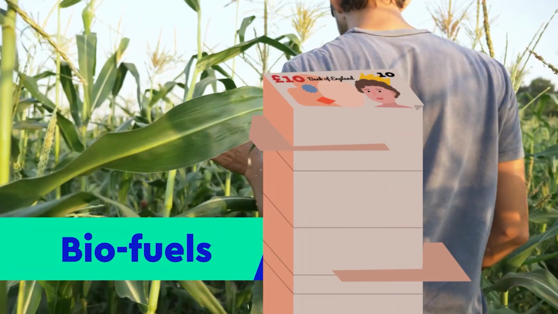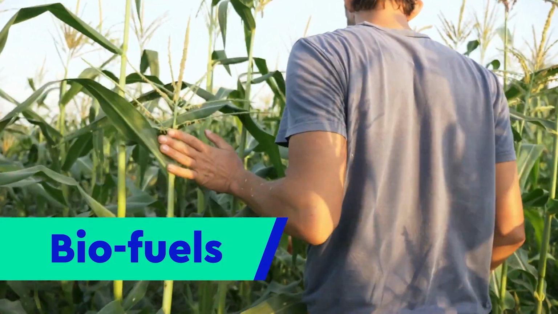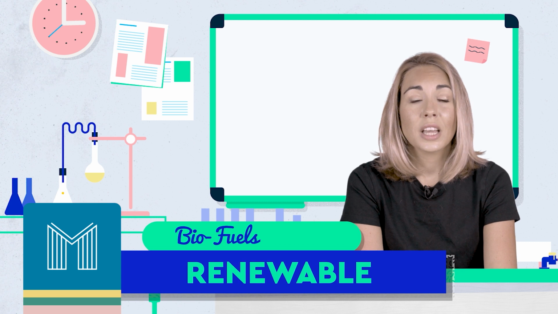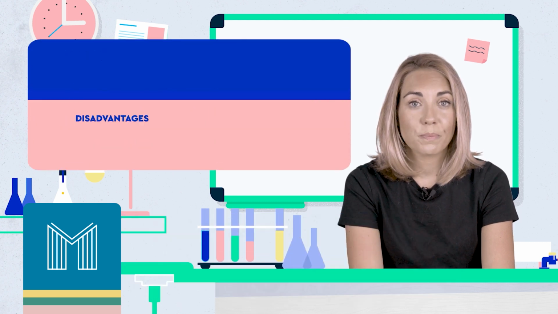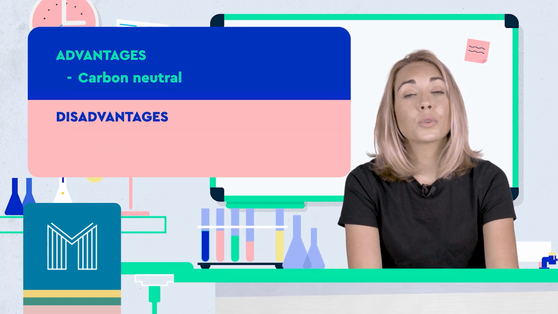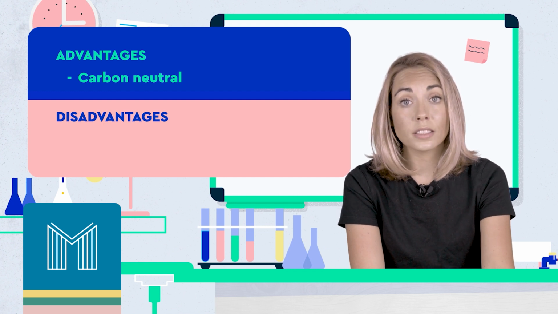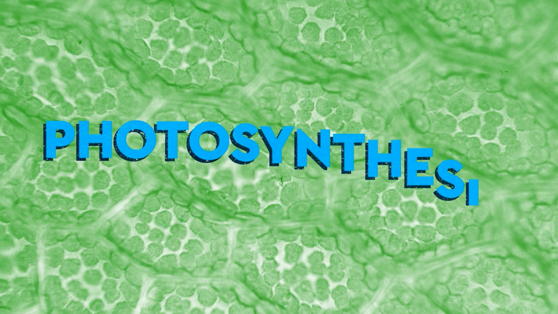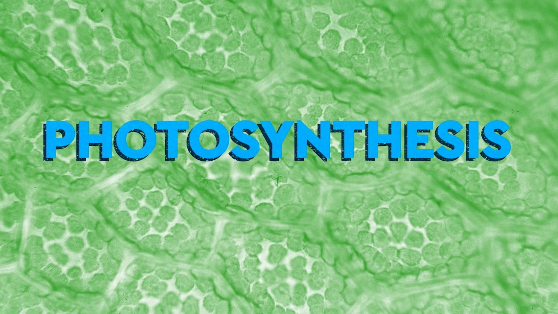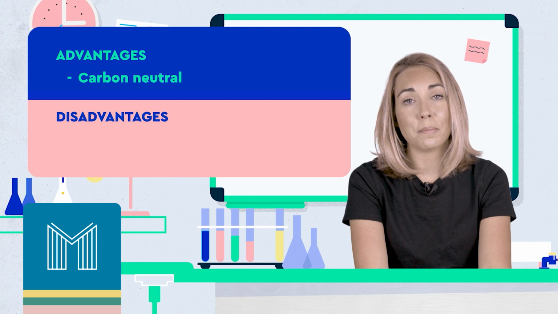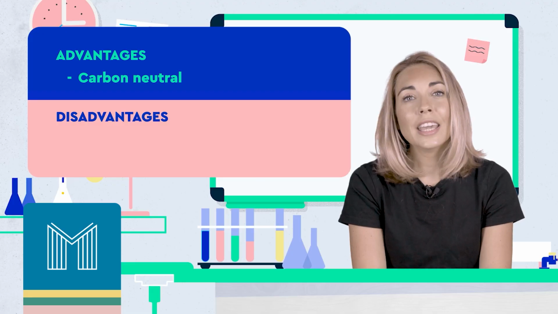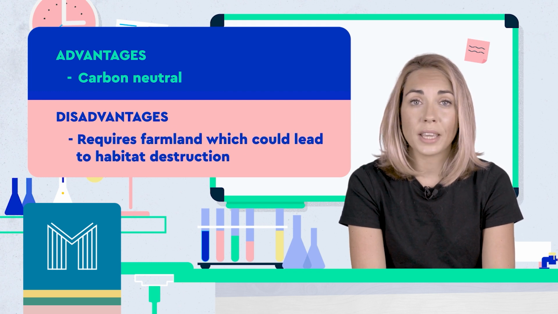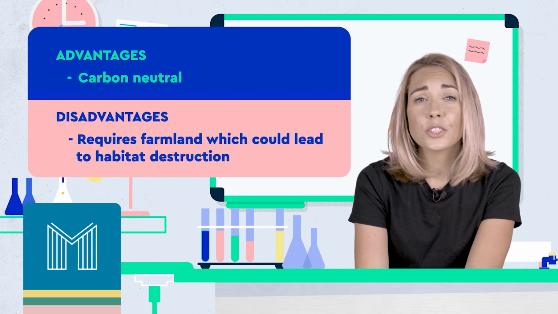Biofuels, such as using plants to make fuel for cars or using food waste to produce gas, are a renewable energy resource and are also carbon neutral. Carbon neutral means that although they release CO2 when they are burnt, the plants have already taken in the carbon dioxide through photosynthesis. So they're actually not adding any extra carbon dioxide to the atmosphere. Big bonus. If biofuels became widely used, they would require large farming areas, which could result in the destruction of